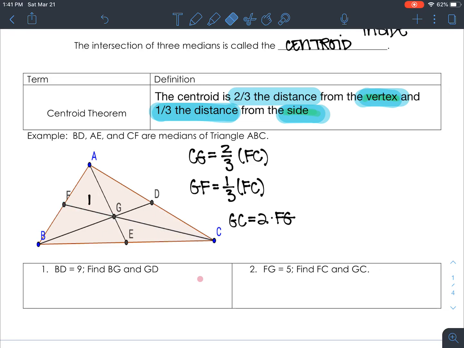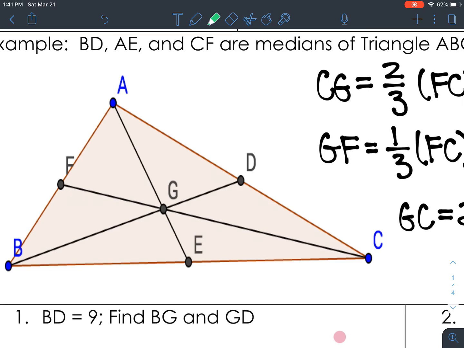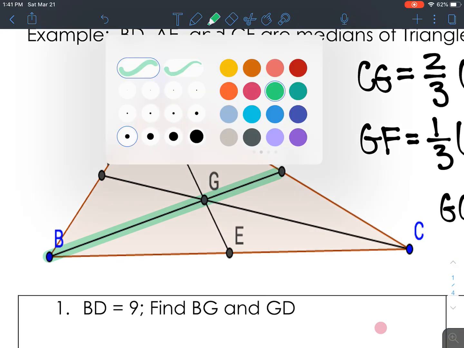So I'm going to do one more. This time I'm going to write out those formulas for another one of these medians. I'm going to look at BD. BD is my median, G is my centroid, and I'm going to start with